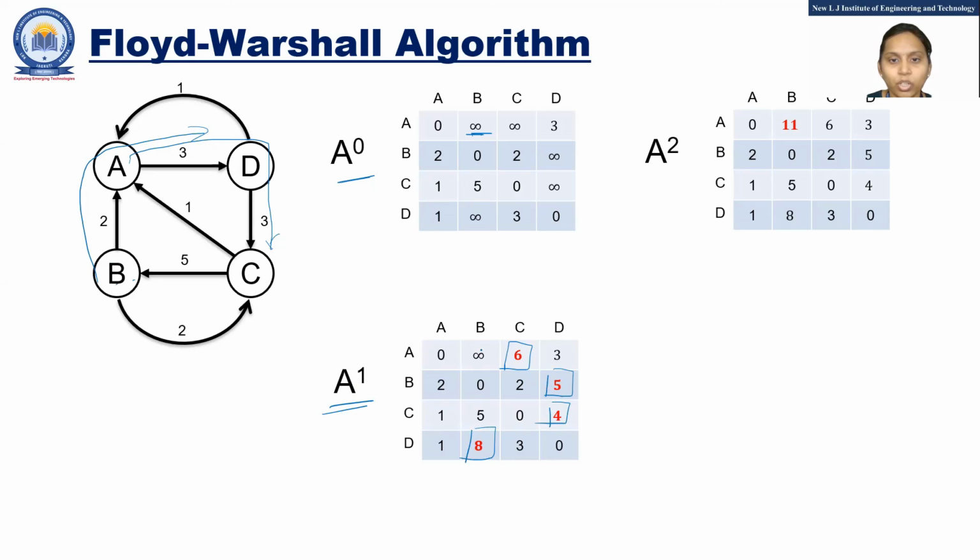Now check. Only this thing is being left. Okay, we don't require anything as infinity. If you have found any node, then you can traverse. So from A2, you can reach via 2 as an intermediate node, and you reach 11. So here all the changes are there, so no need to check for A3. Fine. This is the way you can use the Floyd-Warshall algorithm to calculate the shortest path.